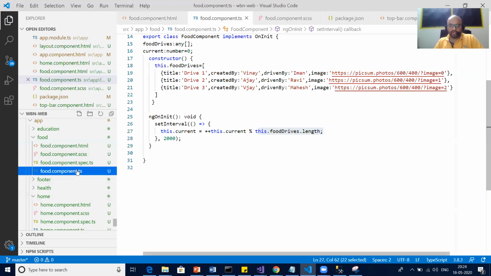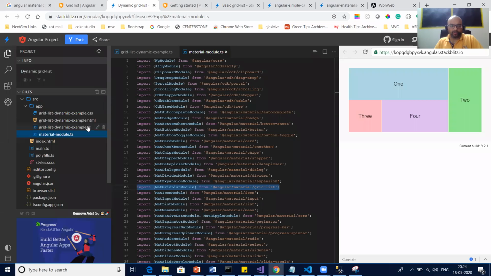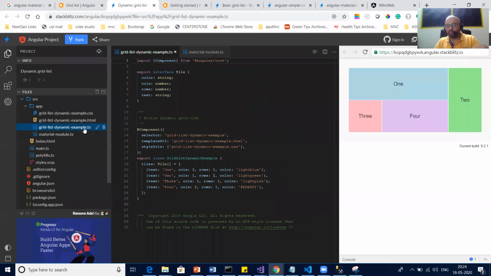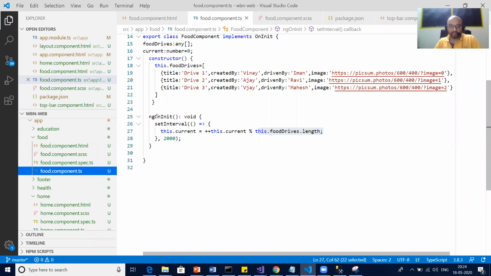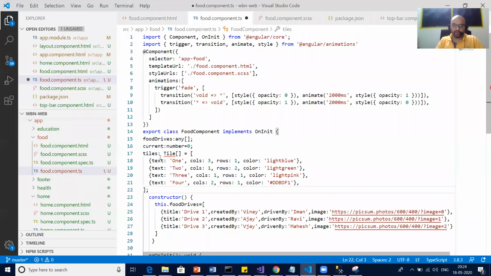Okay, so now we can come back to the coding part. So what is the code required? We go to TS first of all and see what is the bare minimum code required. So here you can see there is one array. First we declare tiles.